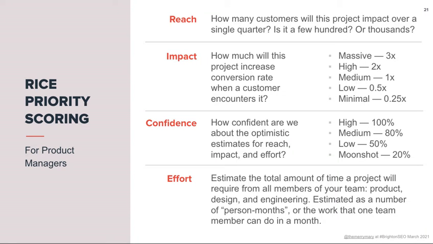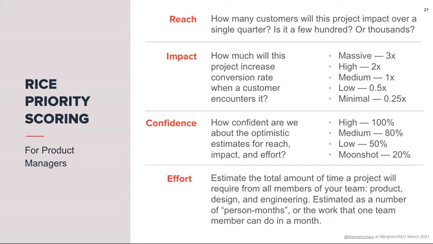We have these 4 components in RICE. The first one is reach, which is how many customers this is actually going to impact. One page template might be used across 50,000 pages in a site, and it's going to reach 1 million customers. That's going to have a very different score than something that is only going to affect 500 customers. The impact is usually something like conversion rate, a variable that you want the outcome to change. And